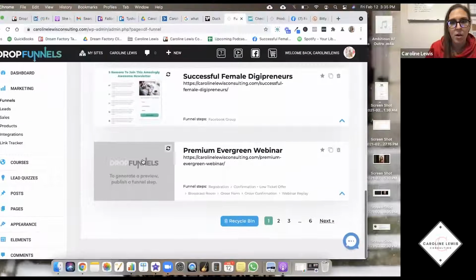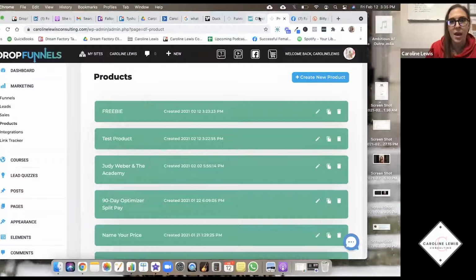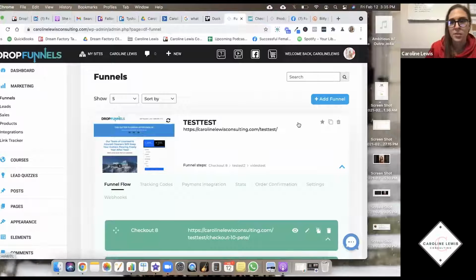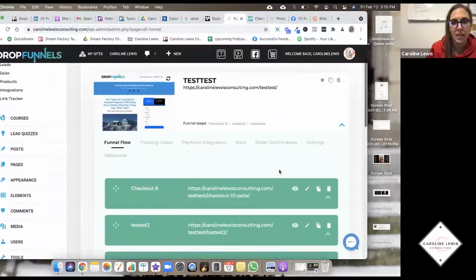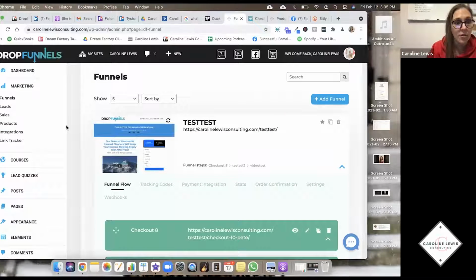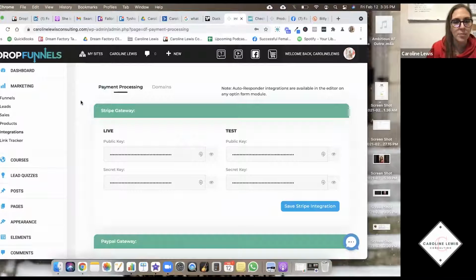Okay, so I think that's it when it comes to products and checkouts. And now you know, you don't have to do a full funnel like this. You could just have a checkout page, or you can add on to it. So I think we've covered everything. The only thing left would be integrations, and I can show you that here, but we won't go through it because I'm not going to show you my Stripe. So essentially,